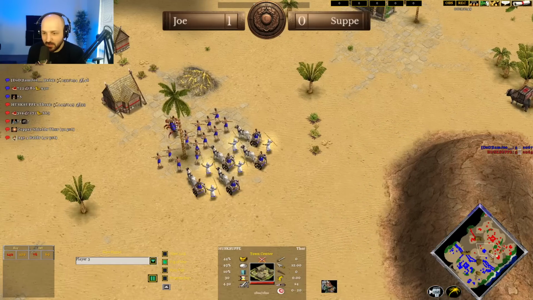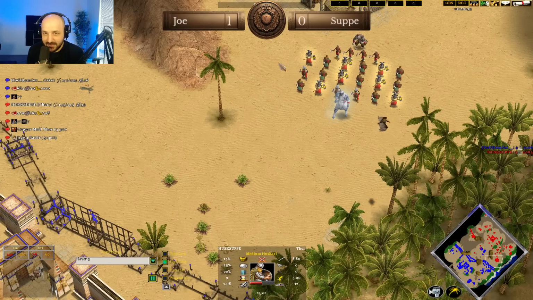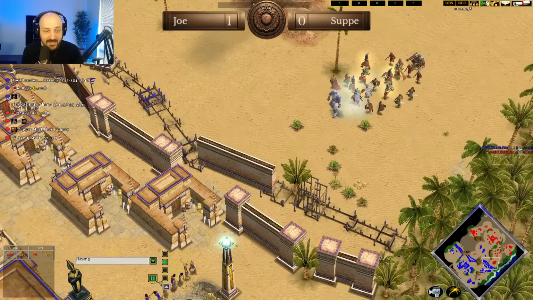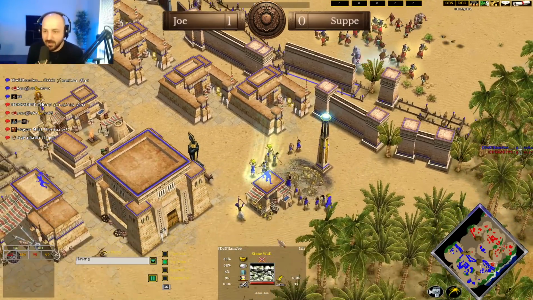Soup does have to be careful over here. He's kind of allowing these random houses in the middle of the map to get taken down. The other option, obviously, is to sit up here and start building hill forts and things here and start going into the Ballista where that's concerned, as the walls are coming up. And obviously, Joe is going to be concerned about